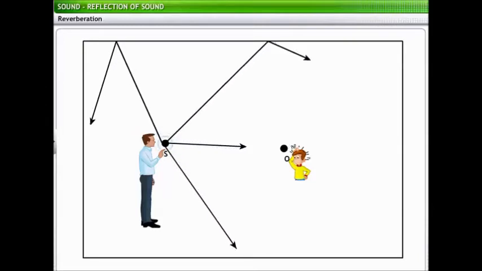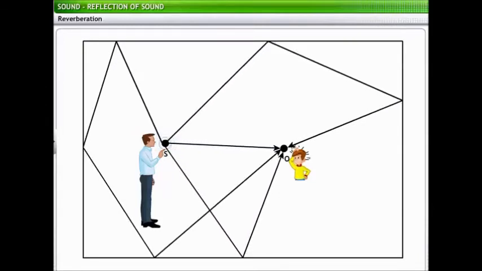Consider a big closed room where a source S, a speaker, and an observer O are in the positions as shown. The observer may hear more than one reflection of sound produced by the source. This is due to the multiple reflections produced at different locations on the walls and in the room. This can make it difficult for the observer to focus on what the speaker is saying and hear him clearly.